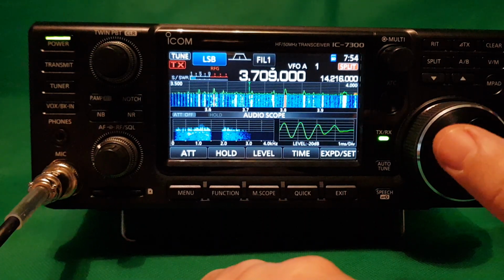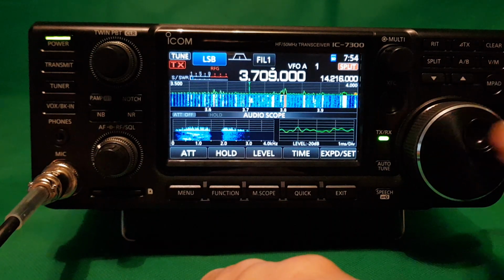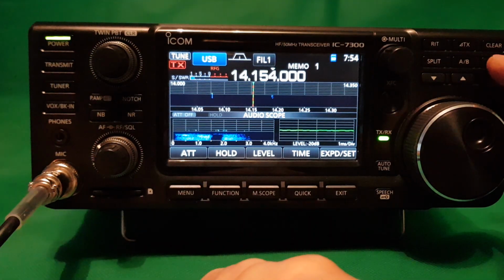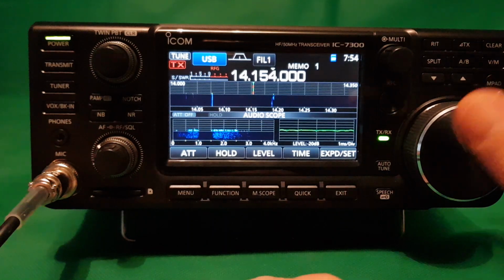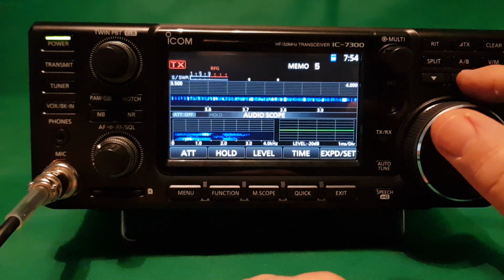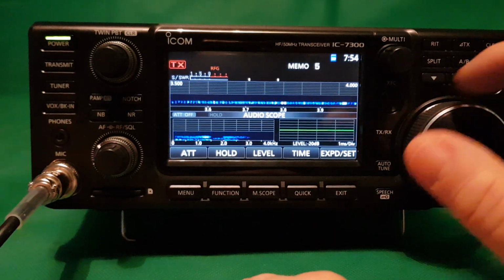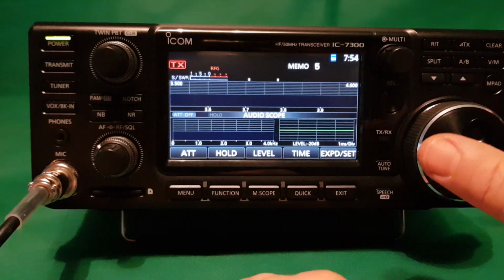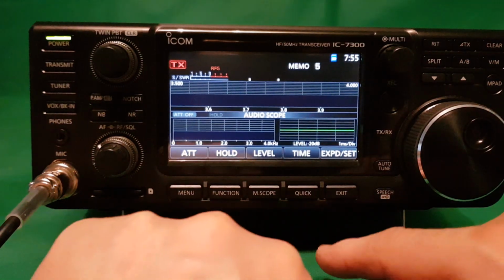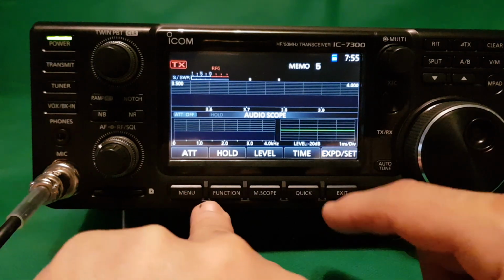Memory storage. So if we go V and then M here, go to memory. I don't know if I've got any memory stored in here, because I keep resetting it. Oh, there are some. Look, we can scroll through. And look, if we go to a certain point, we can actually add one. I haven't done one for a while, but I'm pretty sure to add memories, you go...